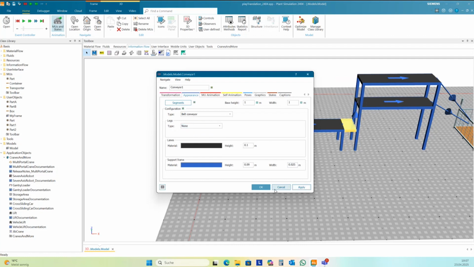So we have only the conveyor belt element here without legs, and so I can lift this without moving the legs up and down.